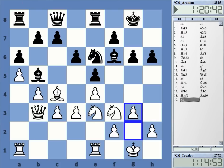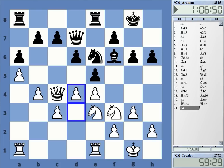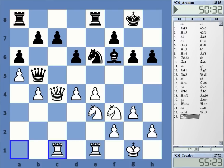However, we get to a critical position rather quickly. Just a couple of moves later, white has now initiated this play in the center with d4. Yeah, and here the next couple of moves are very interesting. Queen b5 is played, which is maybe not ideal. After that, it seems to be difficult for black to keep equality. After rook c1,